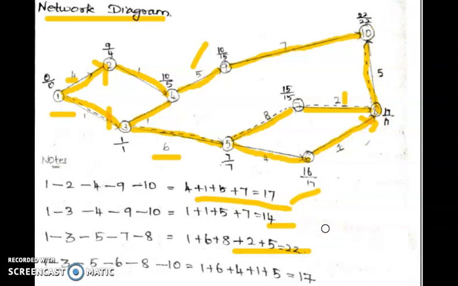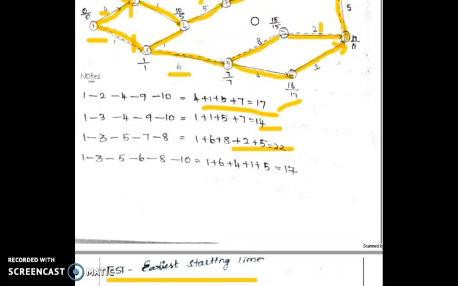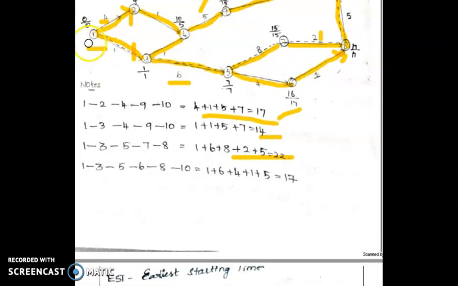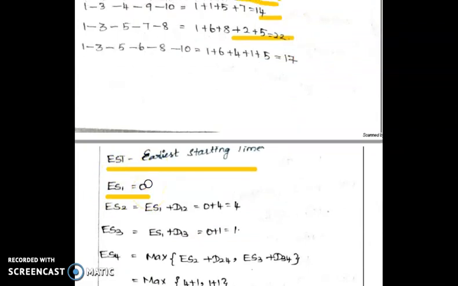We declare these are possible, but with the help of procedure and rules only can we solve this network diagram. With the help of EST and LST, we should find out the CPM. We should find out the earliest starting time. How do we find it? With the help of the network diagram. The initial level ES1 equals EST equals earliest starting time, which is ES1 equal to 0. Then we go to ES2.